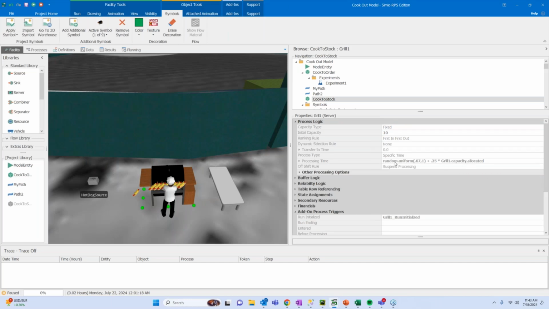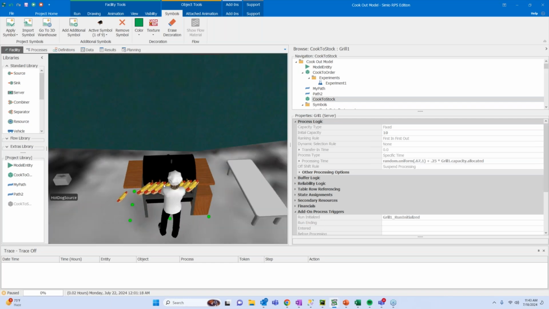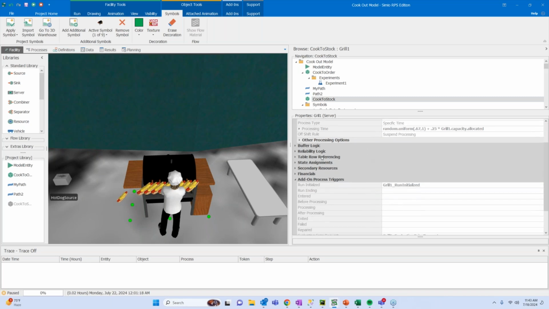So when we get all 8 hot dogs onto the grill, we're going to process them with a fixed value of our uniform distribution multiplied by the number of capacity units allocated. So if we're cooking 8 hot dogs at one time, it's going to be a random uniform sampling multiplied by the number of hot dogs on the grill.